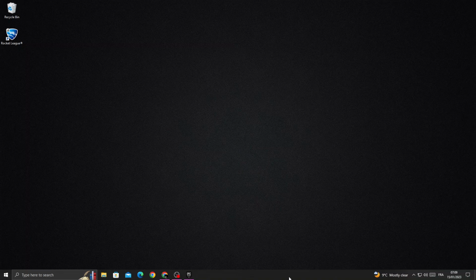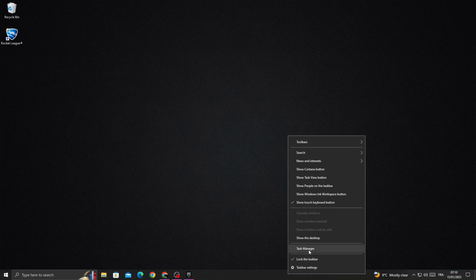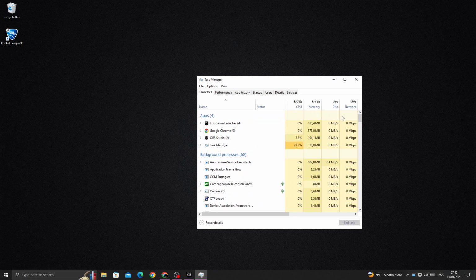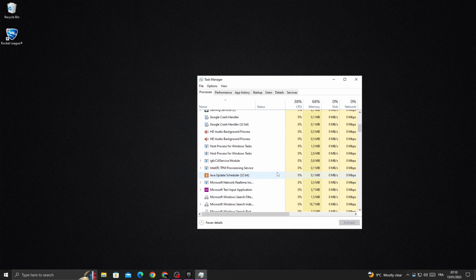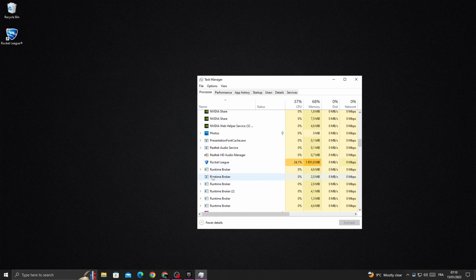Just right click here, and then click Task Manager, and once you're here, scroll down until you find Rocket League, and that's it. Now just click on it and then click End Task, and if you can't find it here, just click Details,